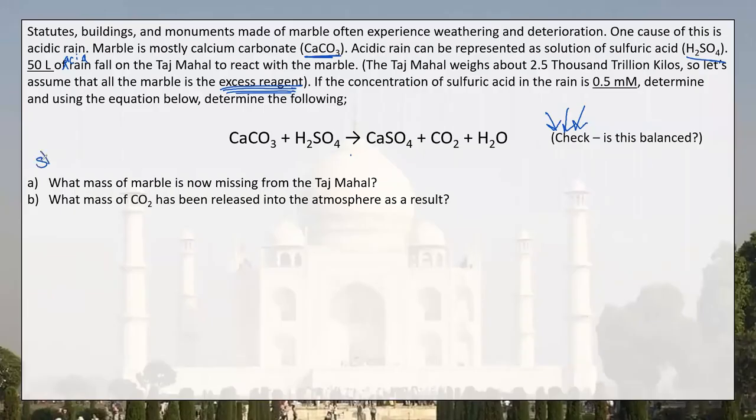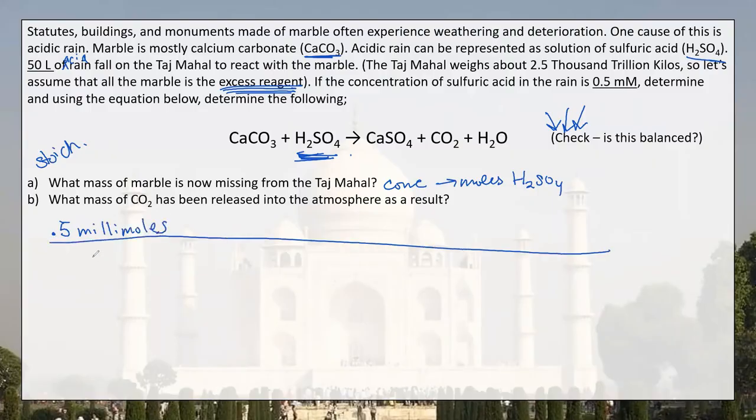This is a stoichiometry problem. So first we have to convert concentration to moles of our starting reactant that we have a good measurement of, and we know is going to be our limiting reagent because there is just so much marble in the Taj Mahal. So if we have 0.5 millimoles